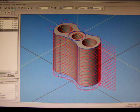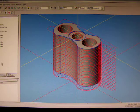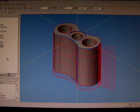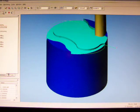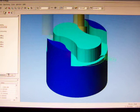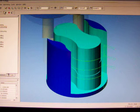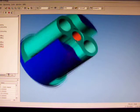Now it has got an error for some reason. Because the reamer was set on inch mode, so I had a 12-inch reamer as opposed to a 12mm reamer, but that is now correct. So we can go through and simulate the entire process of machining this now. And there you go. Now that little orange colour is just letting me know that the reamer has done its